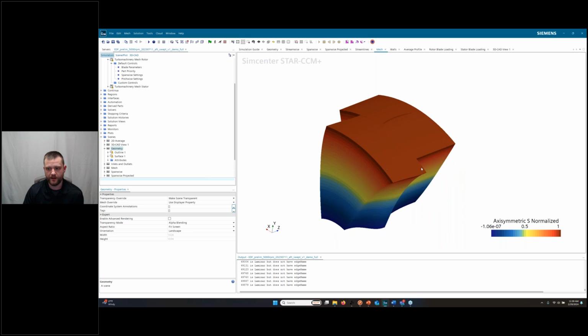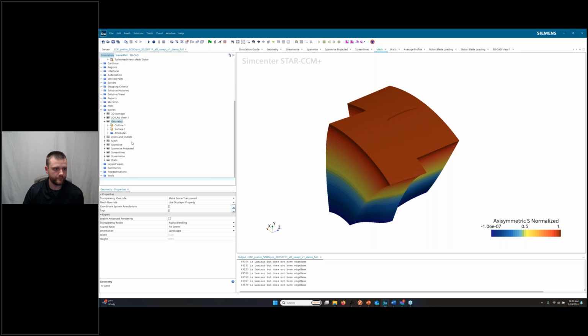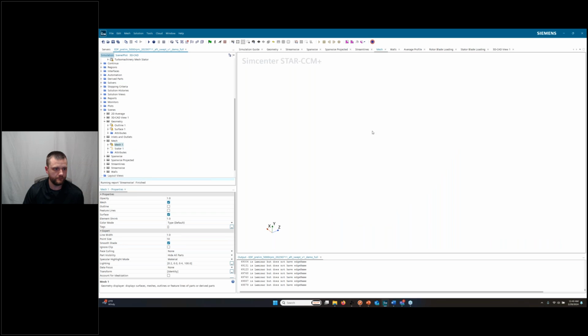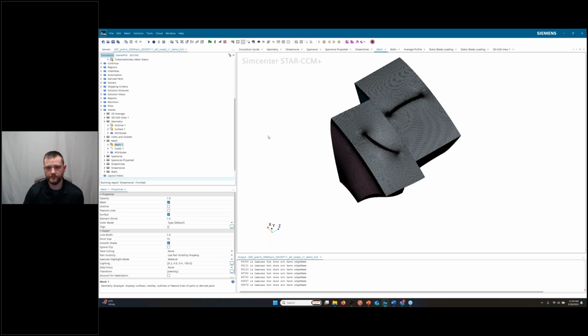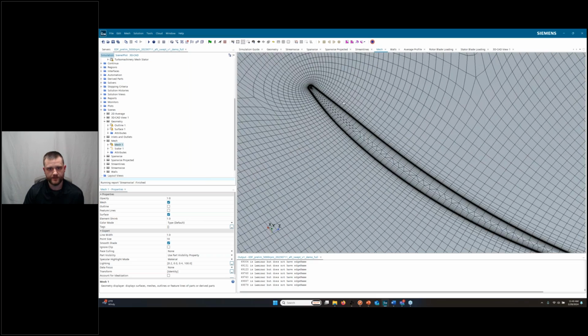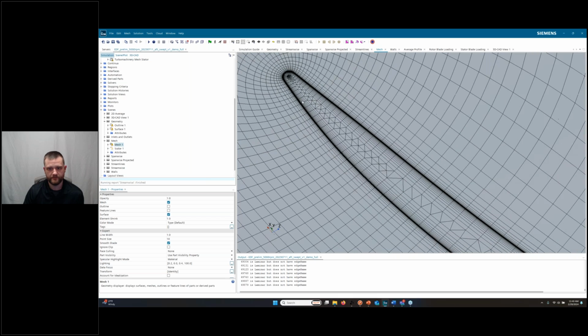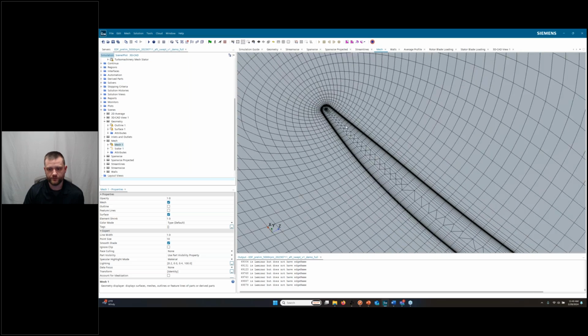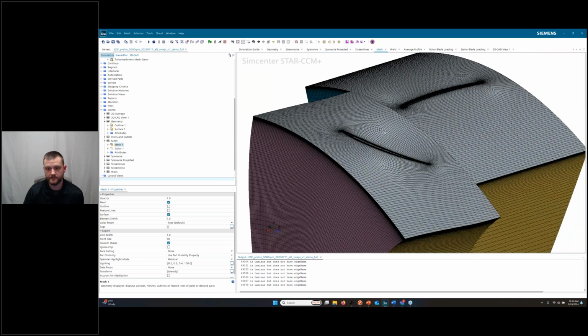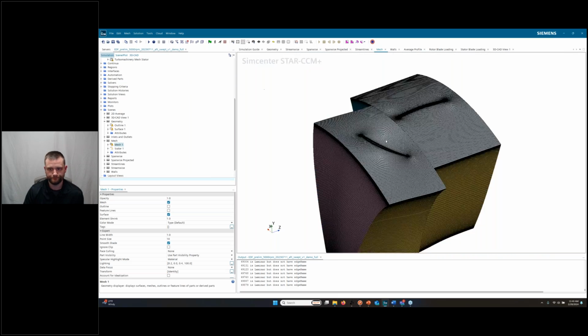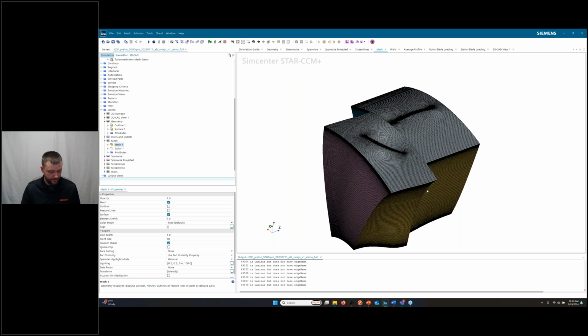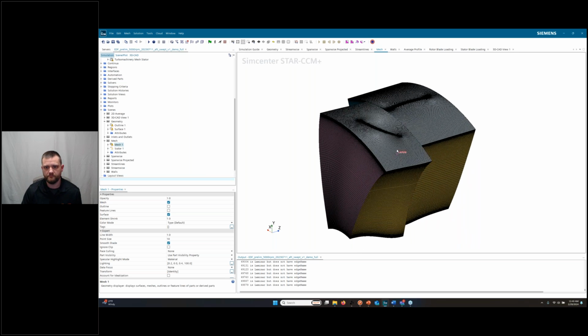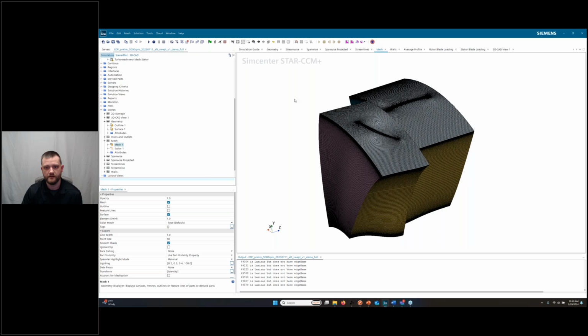Another thing we'll see here is this parameterization. But in my mesh, I can just hide that. And we can see my nice, clean turbo machinery mesh where it's meshed my tip gap for me and everything accordingly. In this case, because there are some fairly complex shapes here and I wanted a nice clean wrap, I used tries at the tip. So it's a combination of tries and hexahedrals. This mesh is about 8 million cells total. This is a very fine mesh for this case that's mesh converged, and I've done some iterations on it.